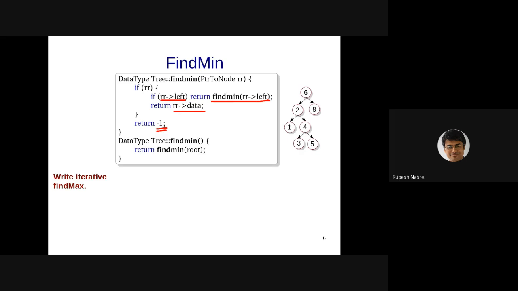But maybe 1 is not yet inserted. Is it possible that 0 will go to the 4 subtree? No, it is not possible because 2 is there above. If 2 were not there, let's say it would have been 5 and 1 is not present. So now the tree is 6, left child 5, but then right child cannot be 4 for that. So that will not happen. 0 will not go to the right subtree at all, and therefore it can't be smaller than 1.